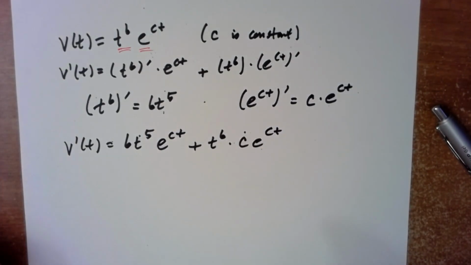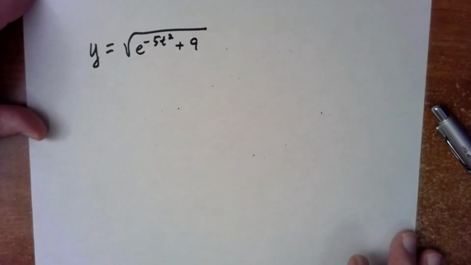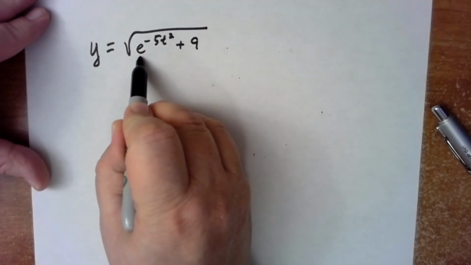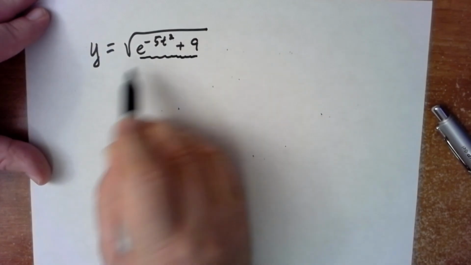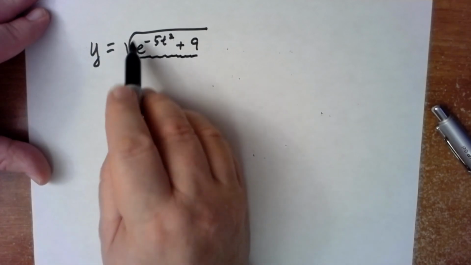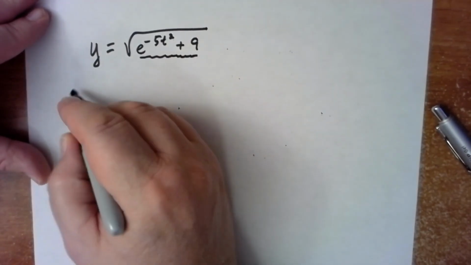Perfect. Good. I'll pause here and we'll come up with another example. Alright, so let's try this one. So we see that this is a composition, right? This e to the minus 5t squared plus 9 is the inside function, and then the square root is our outside function. And so when we differentiate then,